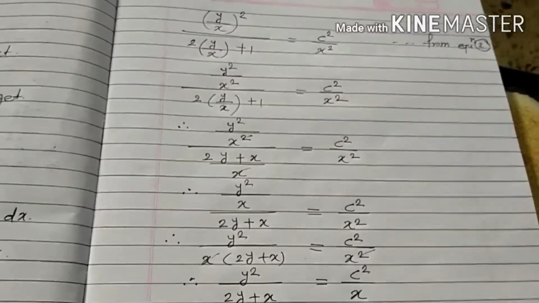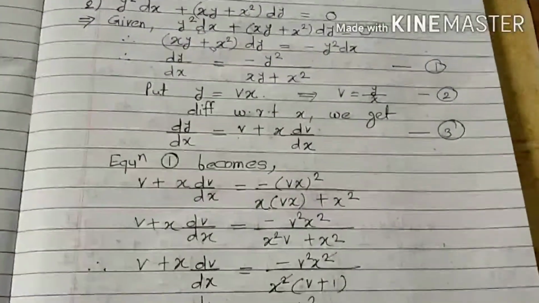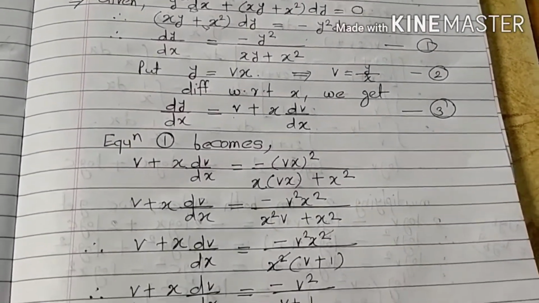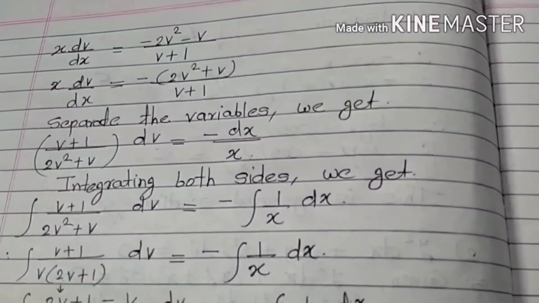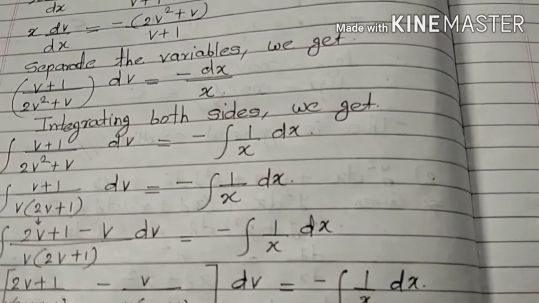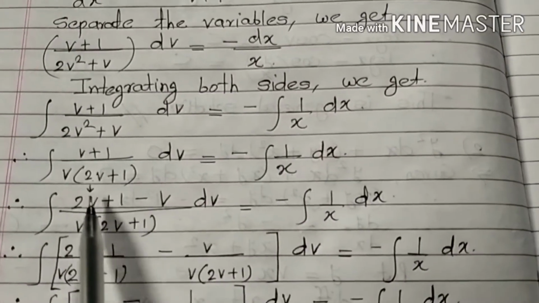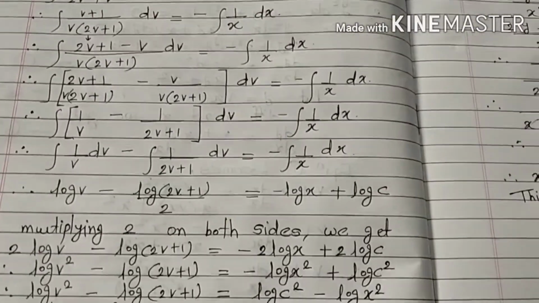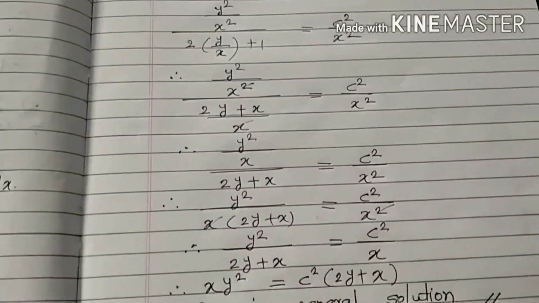So it is a very lengthy example, but it is easy to solve. You can observe that in the same way we put the substitution y is equal to vx, then put the value of this substitution, then separate the variables, integrating both sides, but there is one adjustment we have to show here, the denominator in the numerator. So there is one adjustment, you can observe this adjustment, and then by calculation we find our general solution.